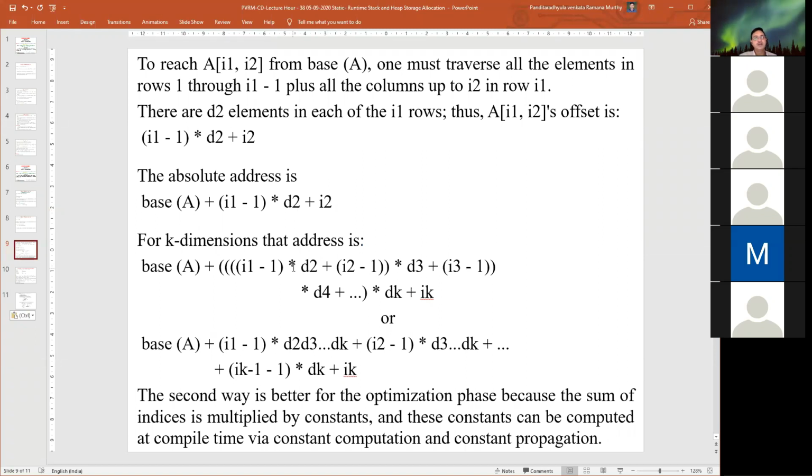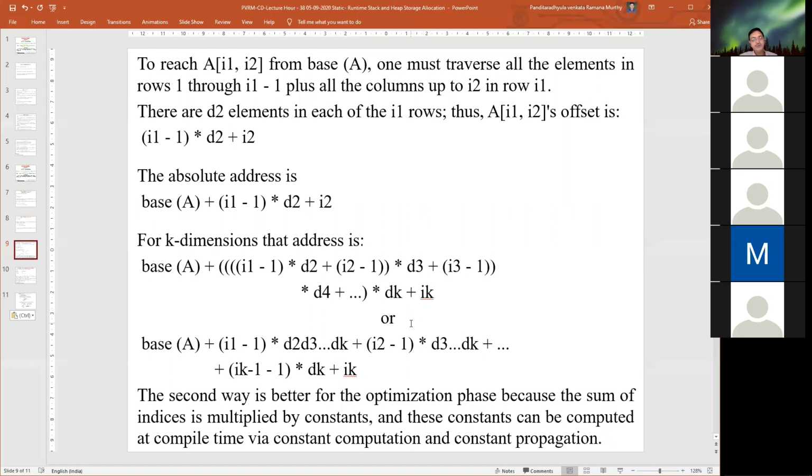Similarly, the k dimensions will also be identified by calculating the base address plus the number of elements in the first dimension, plus the number of elements required in the nth dimension where we want the element, into the data type size, plus the required value.